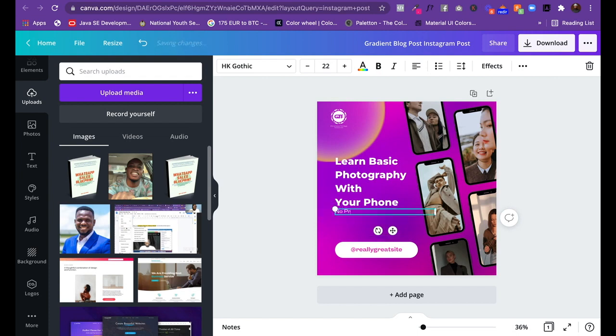No prior experience required. Okay, so this is just like a subtitle, and then let's say, assuming you have a link, you can put it there, or if you don't have a link, for instance, I can just say sign up, right? So this is just an example of a simple design that you can do with Canva,